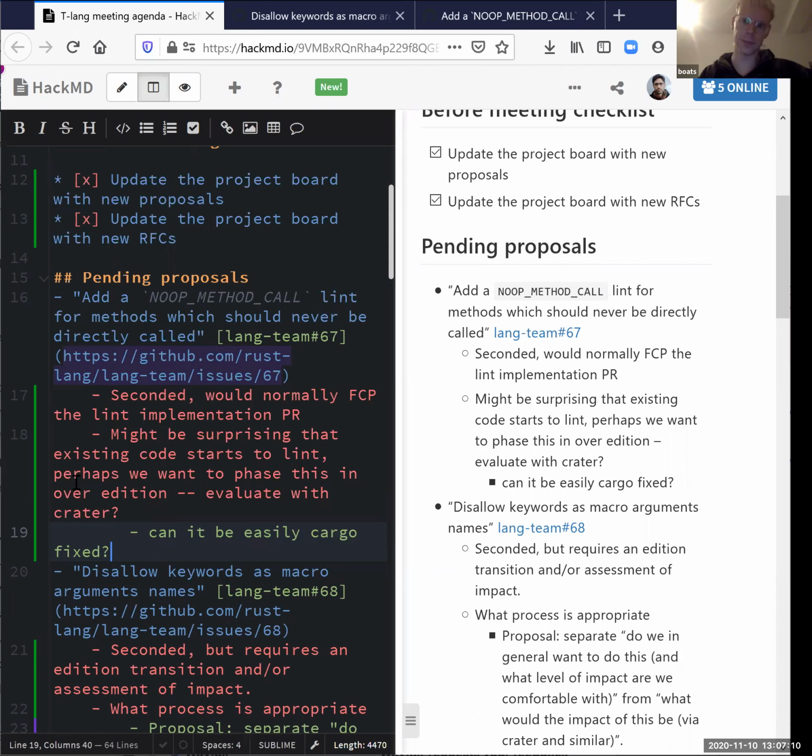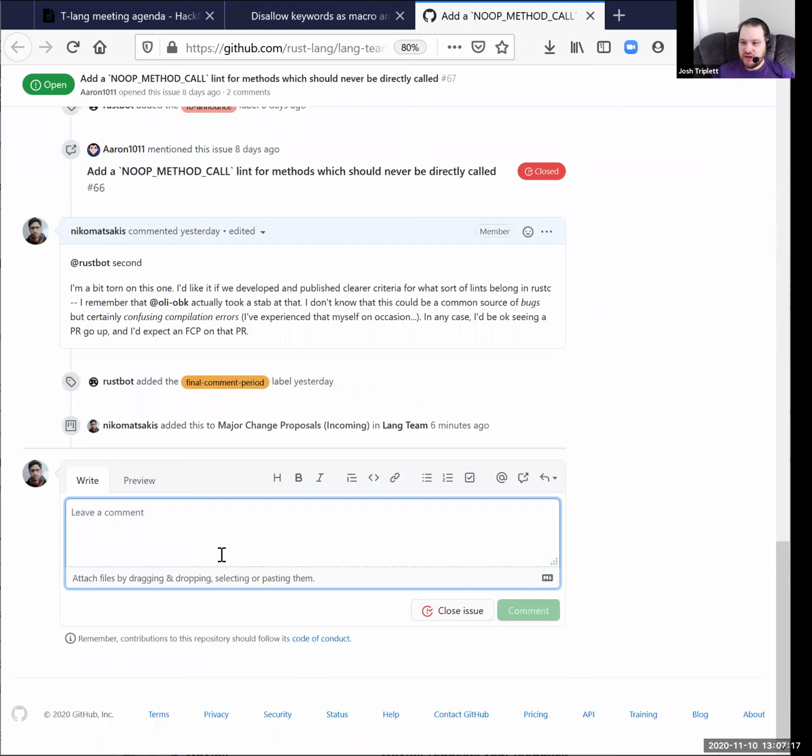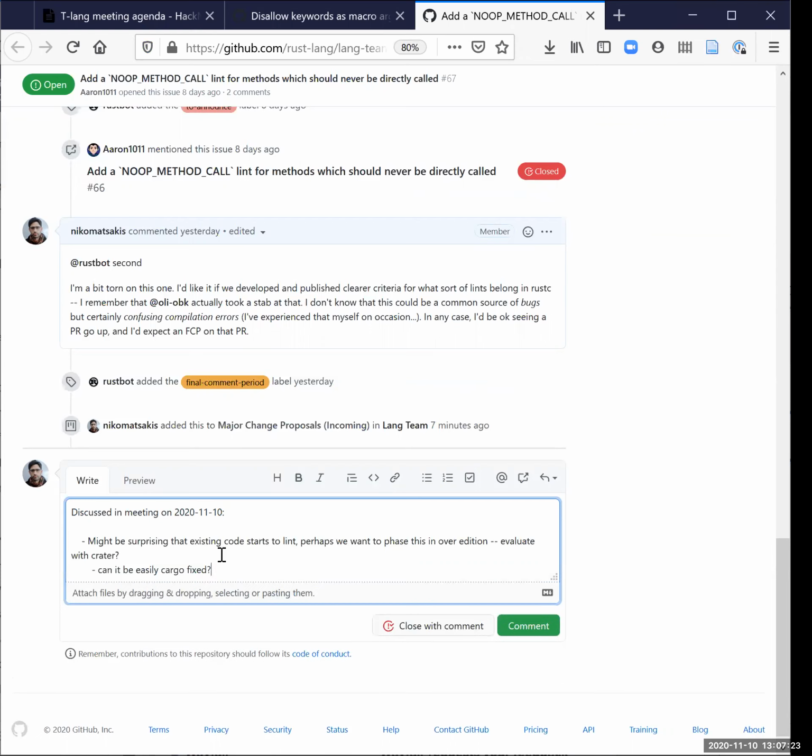I'm also a big fan of this for another reason. It's another way that you can suddenly discover, oh, oops, I didn't actually realize I had a reference here. Yeah, I think the lint seems good. Just want to make sure we don't have a flag day where suddenly everyone has to go through their code. Right. Yeah.